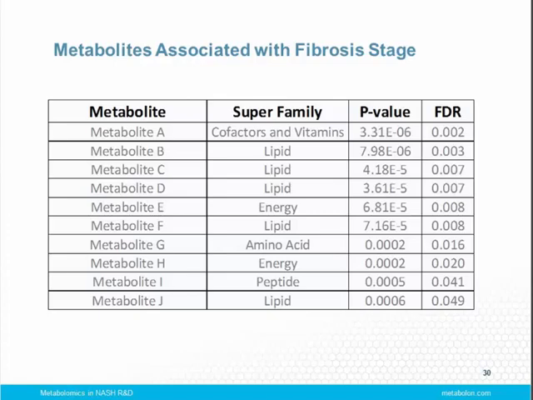So as you can see, here is a list of metabolites. I've masked the specific metabolites but revealed the superfamilies the metabolites belong to. And these are all the metabolites that we found that associated with fibrosis stage. And not surprisingly, if there are multiple pathways being affected in this disease, you see multiple metabolites, a variety of metabolites identified. And these can be, obviously, lipid and energy metabolism, but also amino acids and some cofactors